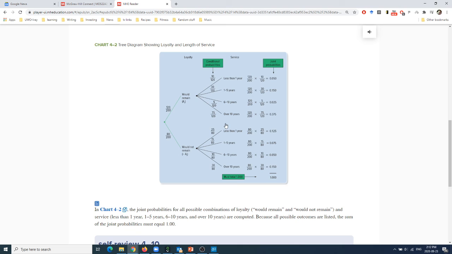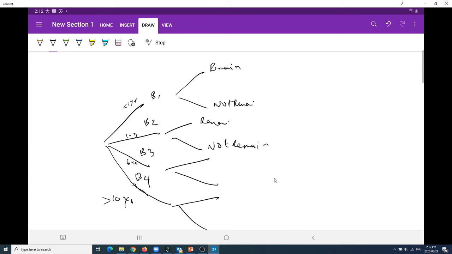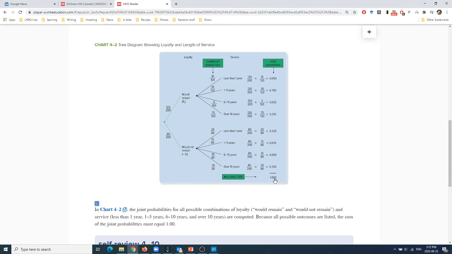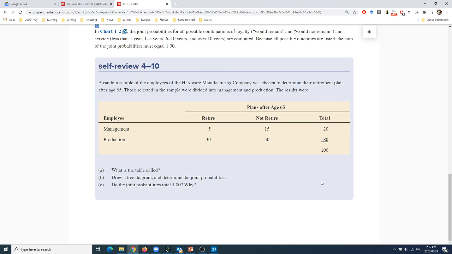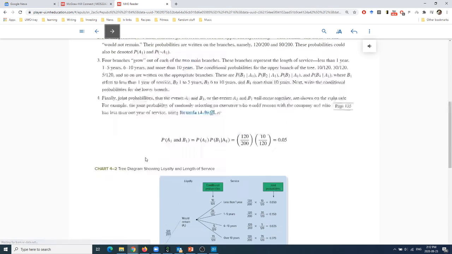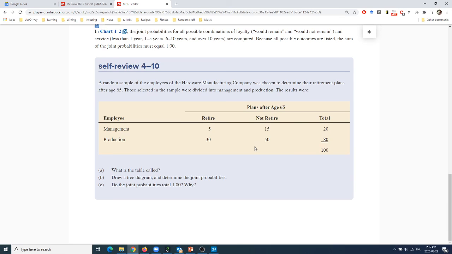And when you add up all the probabilities under each scenario, it'll add up to 1. You could get the same result using a tree, just drawn slightly differently. So this is the idea of probability trees, and there are some problems given for that. You could try and work out the self-review problem using both methods and verify that. Okay, so that is it for chapter number 4, and then you'll be moving on to chapter number